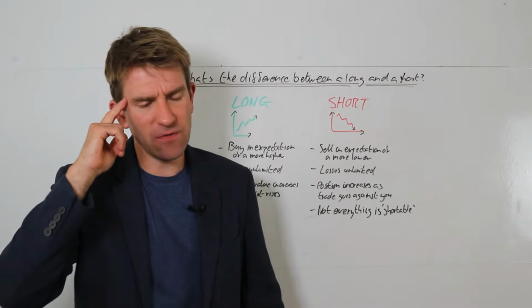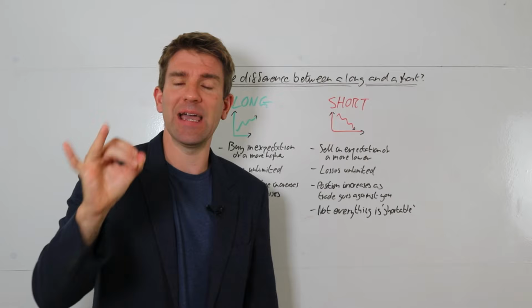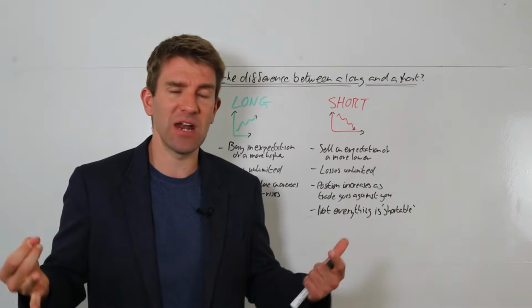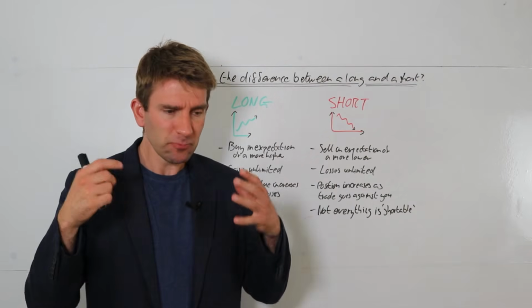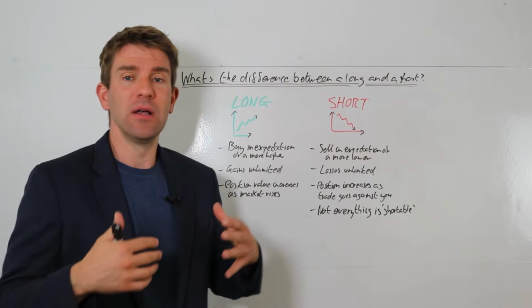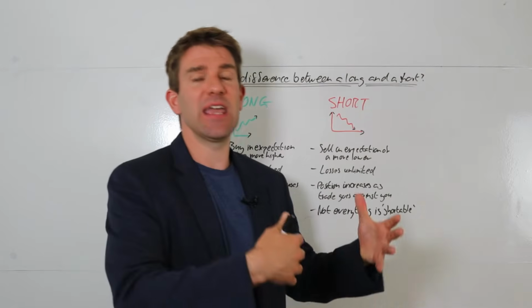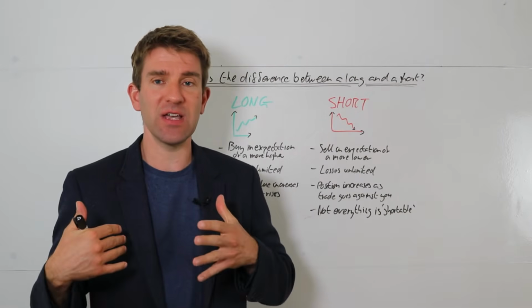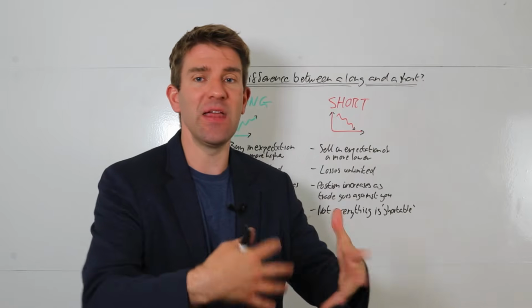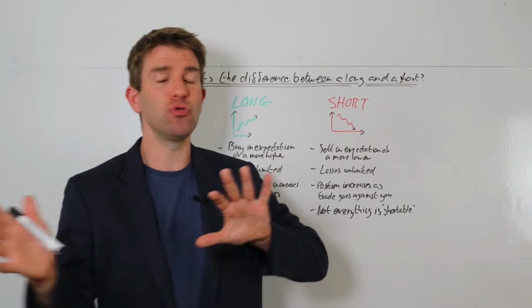Now, that might sound confusing, saying how do you sell something you don't already own? And yes, for the beginner it might not make any sense, how do you get your head around it? But effectively, without going into massive depth here, you are literally borrowing that asset and then selling it. In the case of a stock, you're borrowing the asset, selling it, then buying the asset back and repaying it. However, that's the technicalities. You don't need to worry about that.